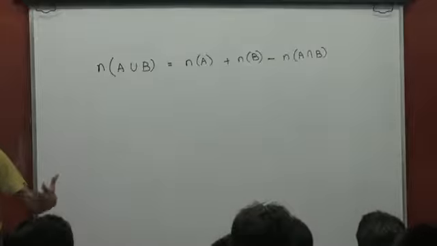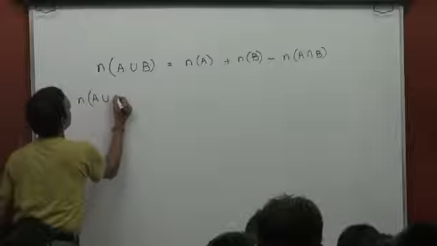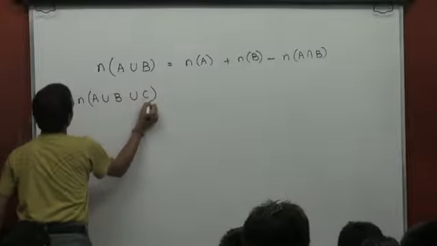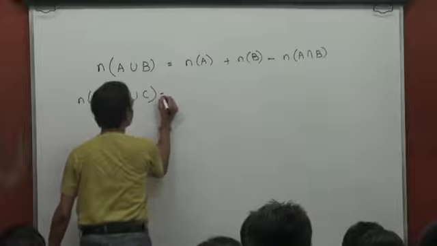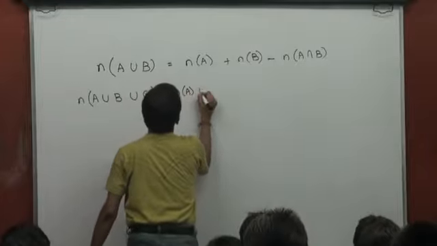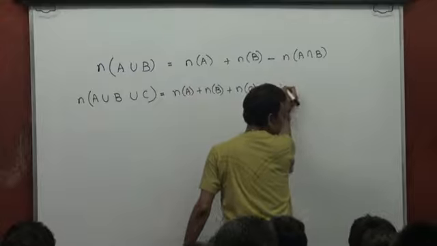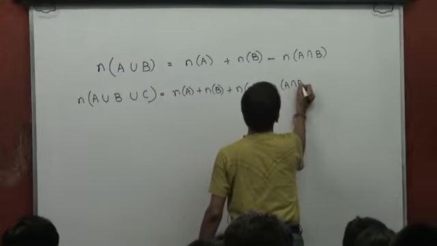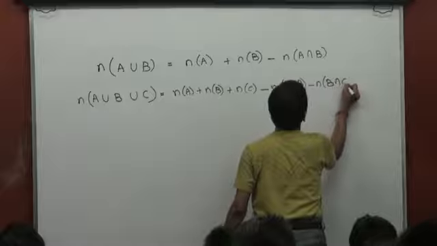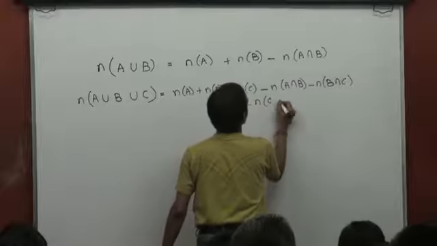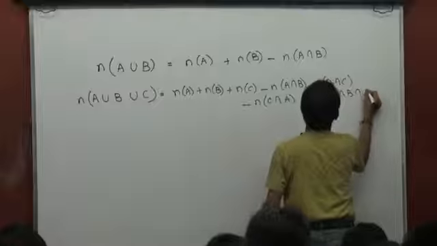If there are three sets A, B and C, then number of elements in A or B or C, which means number of elements in A union B union C, is number of elements in A plus number of elements in B plus number of elements in C minus number of elements in A intersection B minus number of elements in B intersection C minus number of elements in C intersection A plus number of elements in A intersection B intersection C,